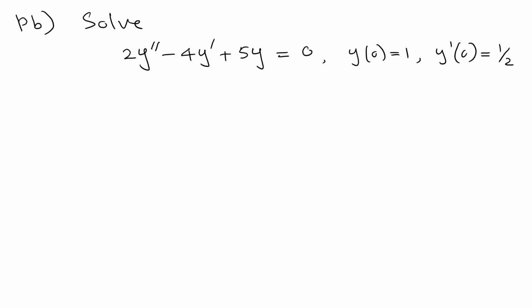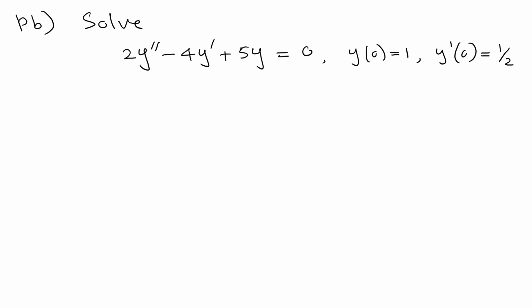Suppose we have this special problem. Here we have a few things. One thing is, you can see that the coefficients are not like before: you don't have 1 in front of the y double prime term. And then also you will see that it is not easy to factor this one. So when you see something like that, what we normally do is try to use the completing square argument. So let's see how